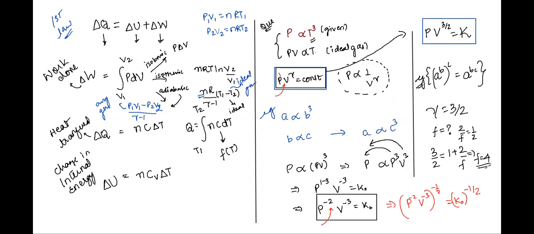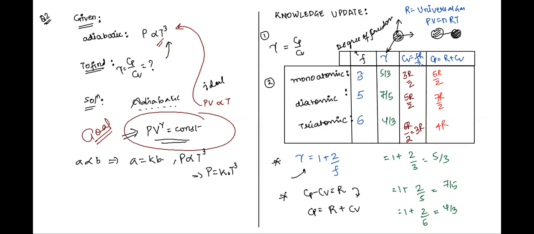Okay, great. So whenever you get degree of freedom as 4, try to think, Karuna, can this be monoatomic gas? No, it cannot be. Can it be a diatomic gas? No. So it definitely means that it's a mixture of monoatomic and diatomic gas. Are we clear on this, Karuna? Yes, sir.